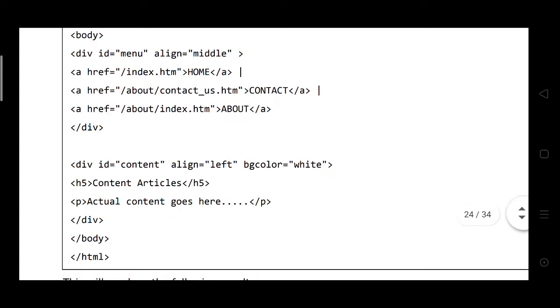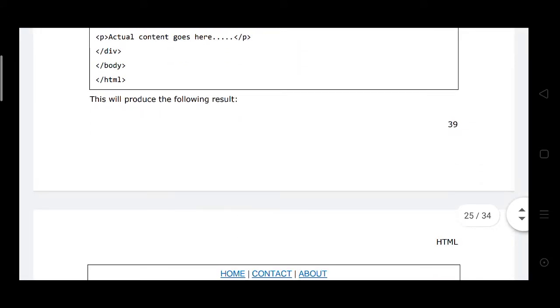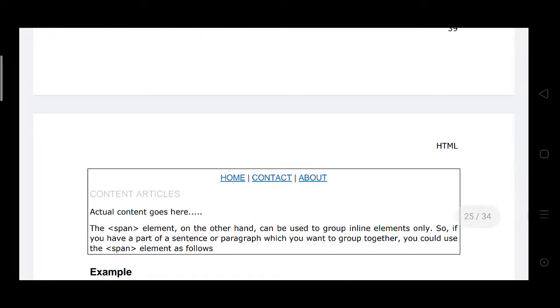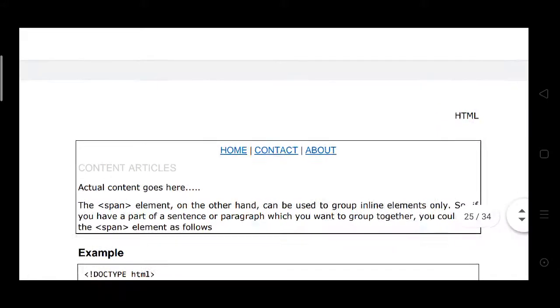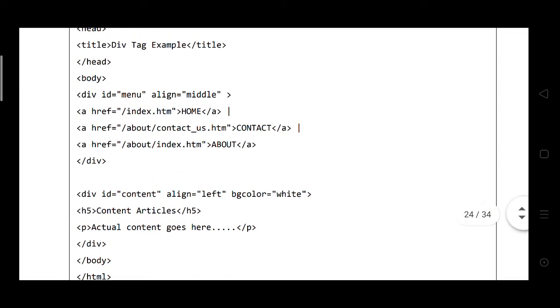Here you see the result: home, content, about. These three you see as the menu.